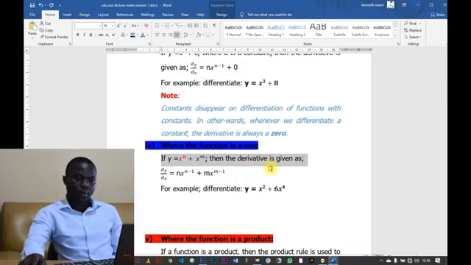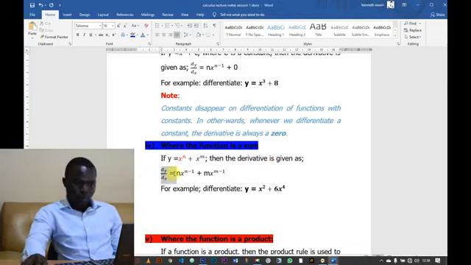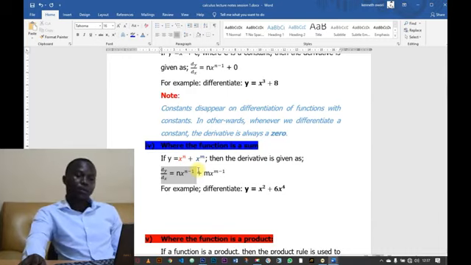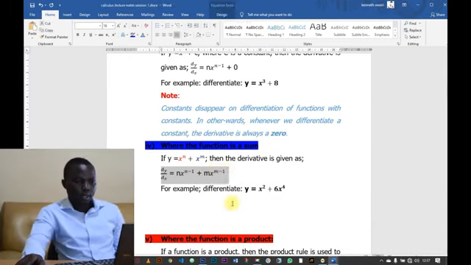This would end up as dy/dx equals nx power n minus 1. That is, if we differentiate that, we multiply the x by n and then reduce the n by 1, as you can observe. And then if we differentiate x power m, we would have mx power m minus 1 from the first principle, whereby we multiply the expression by the power and then reduce the power by 1. So we have an example here that says differentiate